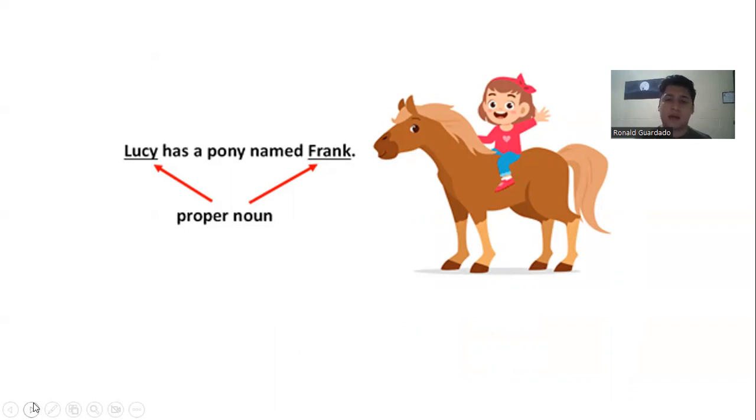But if we want to use it in a general way, without getting into a specific context, we can say, the girl has a pony. In that case, it can refer to any other girl with any other pony, but in this case, I'm really specific that Lucy has a pony. So we can see the differences between proper nouns and common nouns in an easier way that will help us to understand this.